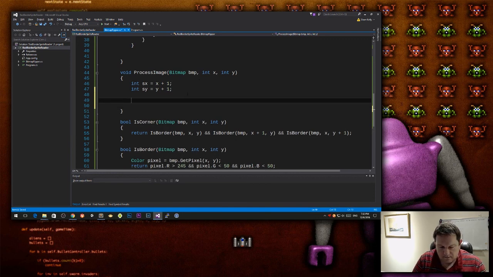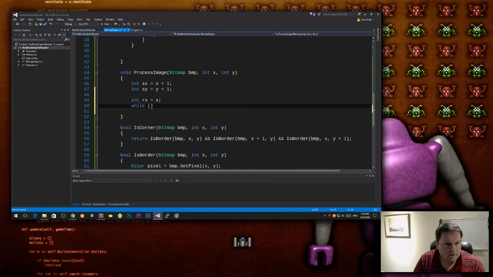And then I'm going to say int, and this is going to be our runner x is going to be our x position. So our x position is going to be our first red pixel, while rx